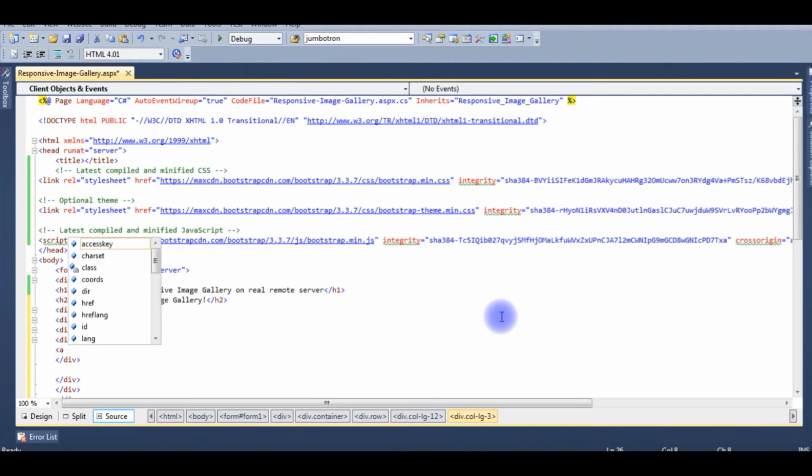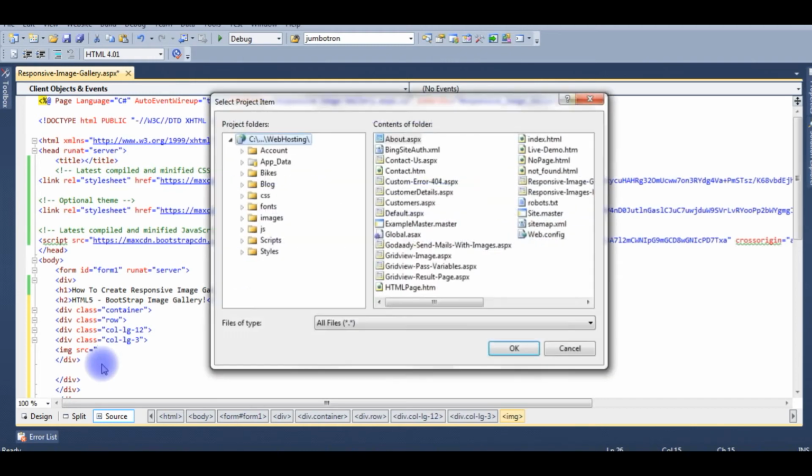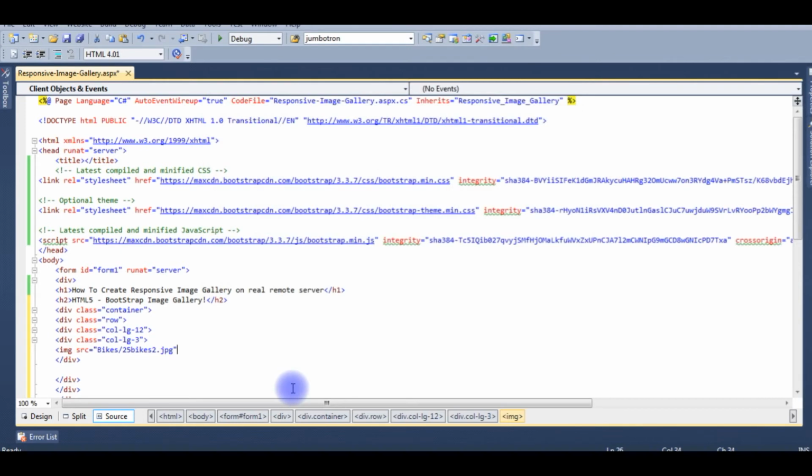I'm adding the image source equals to, pick URL, bikes. So first image, alt equals to bike 1, and I'm adding the height 300, width 200.